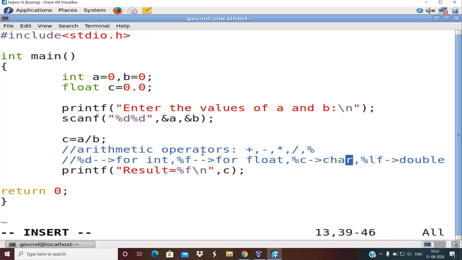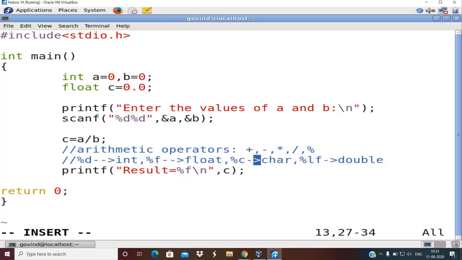To read or display double data type values you use %lf. For floating point values you use %f, and you use %d to display or read integer values.